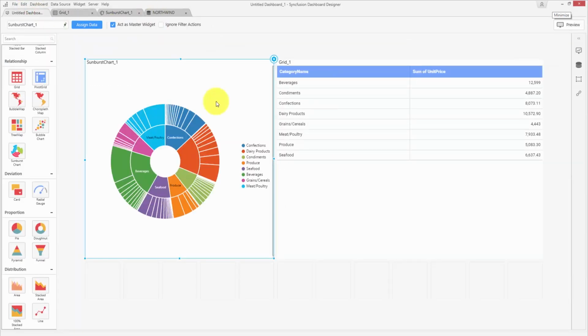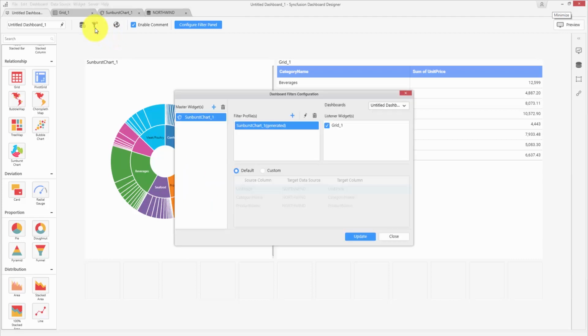The custom widget, that is the Sunburst chart, is made as the master widget, and hence the grid will be acting as a listener widget by default. You can see the settings in the filter configuration manager over here. The grid is marked as listener widget.